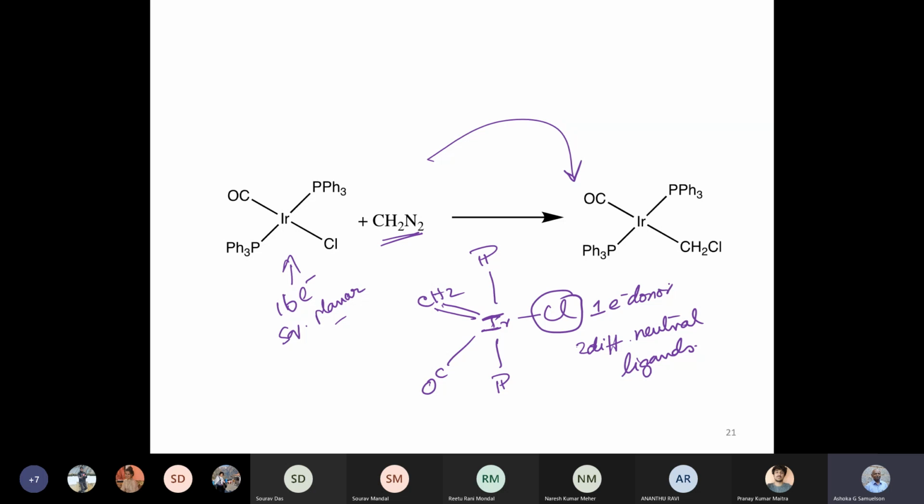In this particular instance, it migrates to the CH2 group, forms a CH2Cl. I do not know whether it's a thermodynamic or a kinetic preference, but this is the product which is isolated. And COCl is not an excellent ligand, so it is probably thermodynamically also not favorable. So this is probably both the thermodynamic and the kinetic product as well.